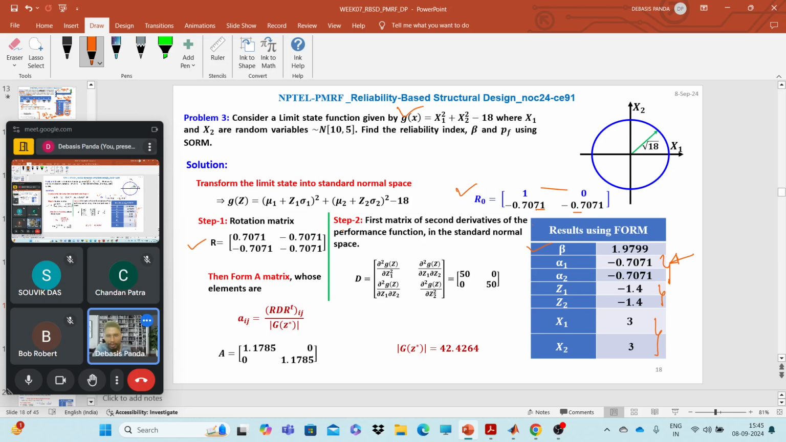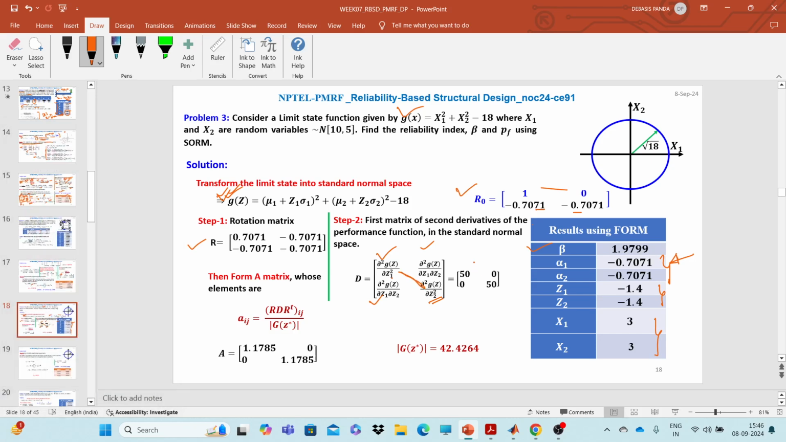Now, once we have the R matrix, we need to formulate the D matrix. What is that D matrix? It contains the second order derivatives, like d squared z by dz1 squared. You need to differentiate this with respect to z1, and twice with respect to z2, and you will get this term. If we solve it, we will have only these two terms, there will be no cross term. So we will be left with the D matrix as,